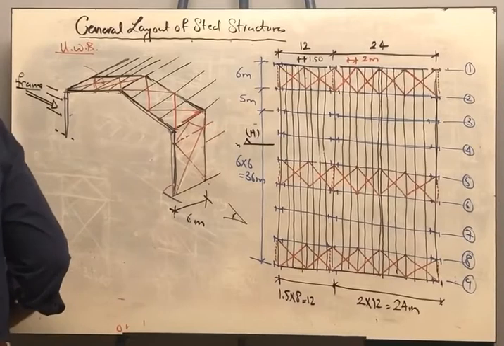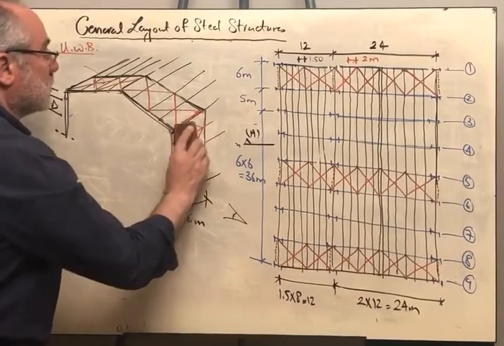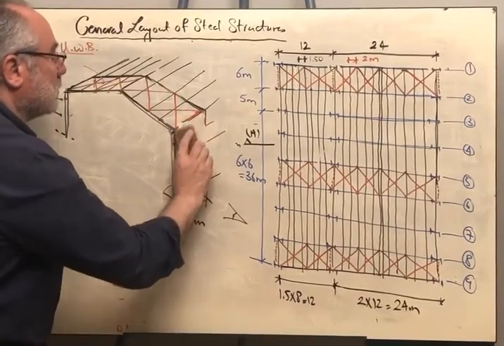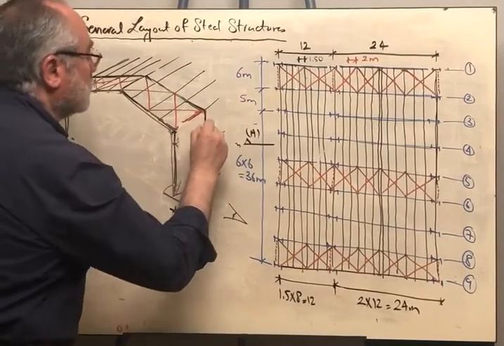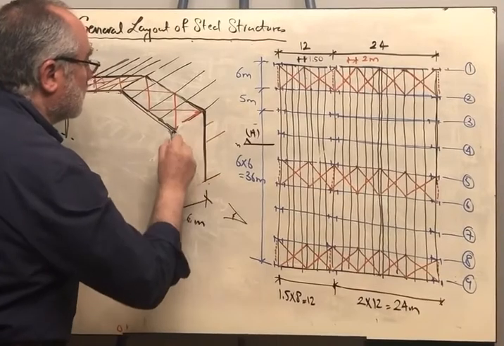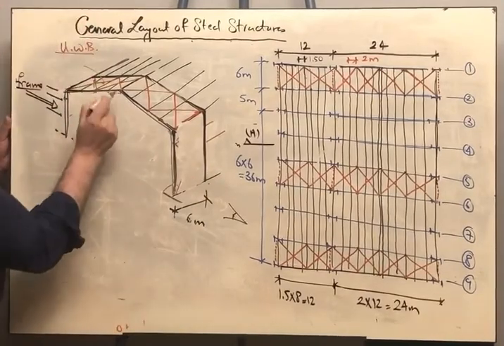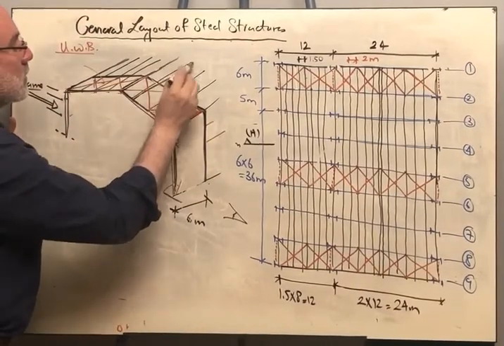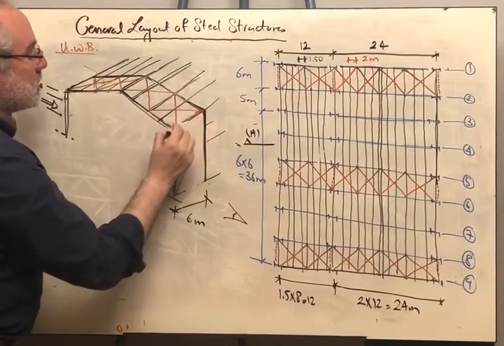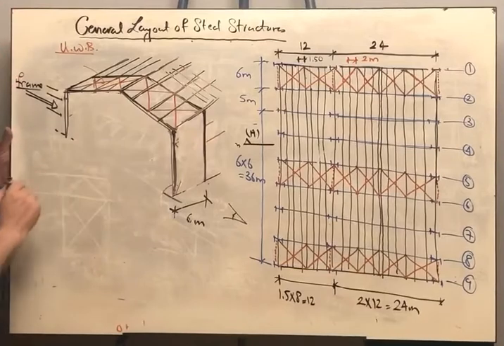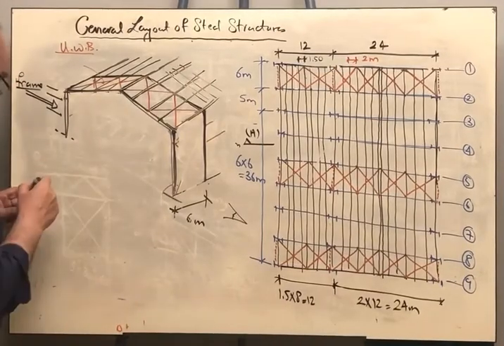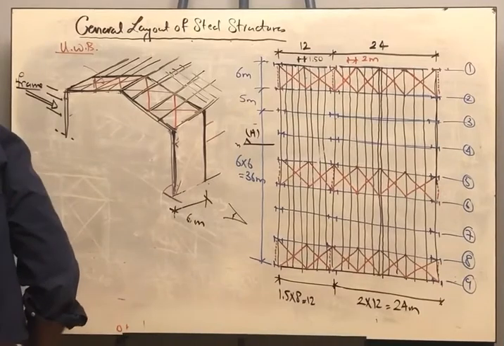How are we going to cover the roof? We are having purlins, and these purlins are supporting corrugated sheet in this direction. How are we going to cover the side? As we said before, that we are having